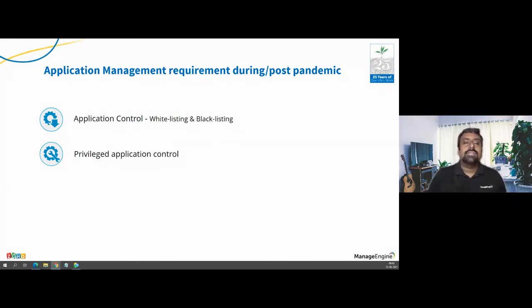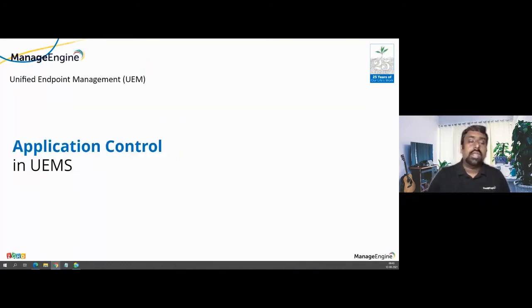Even if a ransomware comes in on the background, when you whitelist a set of applications and you also put privileged application control in place, it means you have tightened the security. Unnecessary applications will not be able to install, and will not even be able to open. The necessary applications will run in the required privilege format. If they don't require elevated privilege, you don't have to give it at all. For the ones that really require it, the agent takes care of it. So the impact at the endpoint level is reduced, and the attack surface will reduce to a greater extent. That's application control, and it's available as part of our unified endpoint management suite.